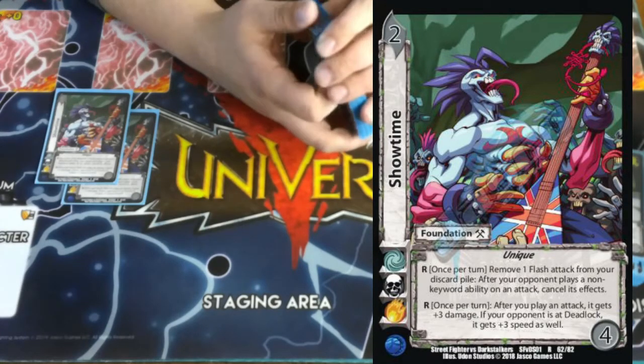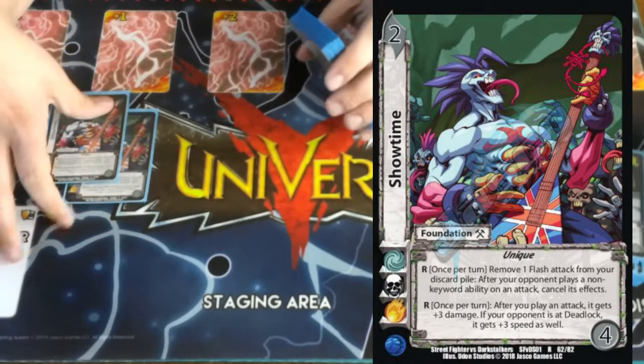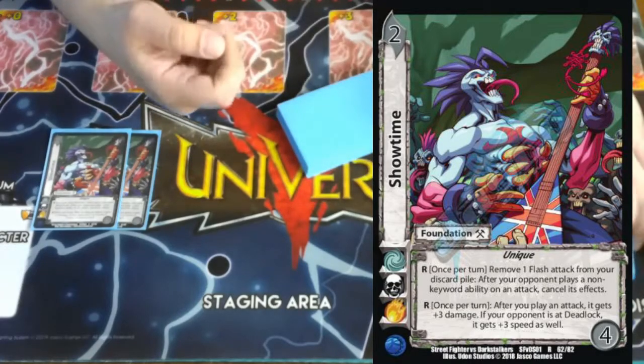And then R, once per turn, after you play an attack, it gets +3 damage. If your opponent is at deadlock, it gets +3 speed. The 3 damage just means we get to tack onto something we know is going to deal. Like if we made the